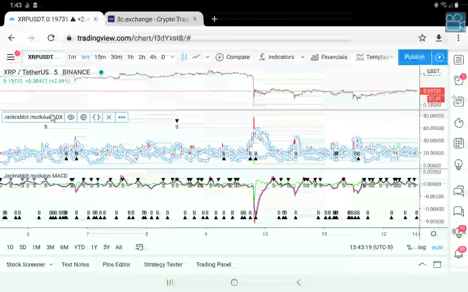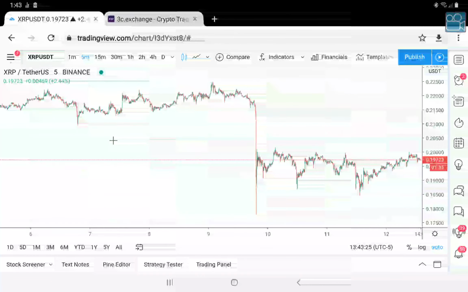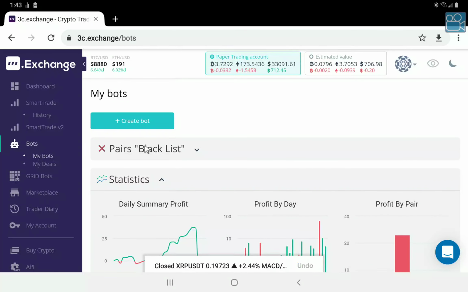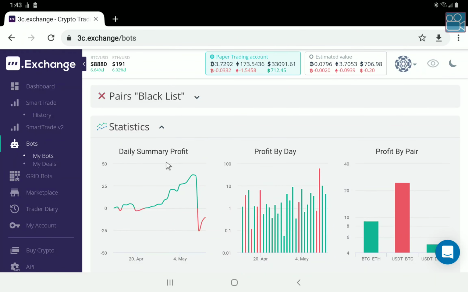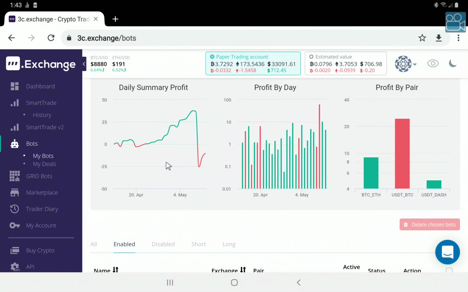Okay, so we're going to go ahead and clear this off for now, because I'm going to go through and talk about the second part now. And that is some experiments I've been running with 3C and running some paper bots, particularly after the little dip on Thursday. It's pretty noticeable,